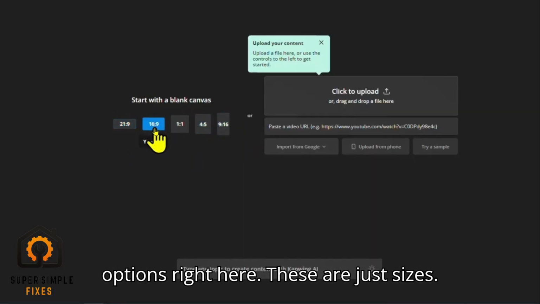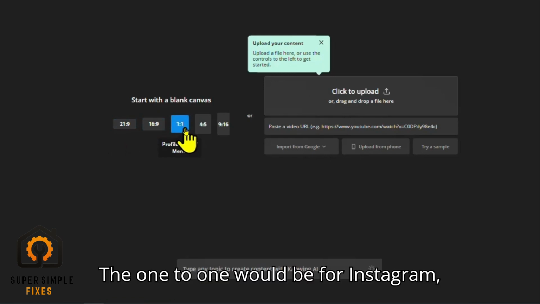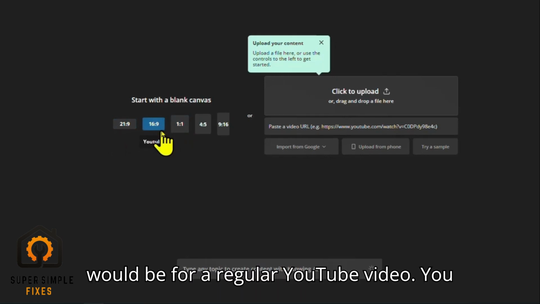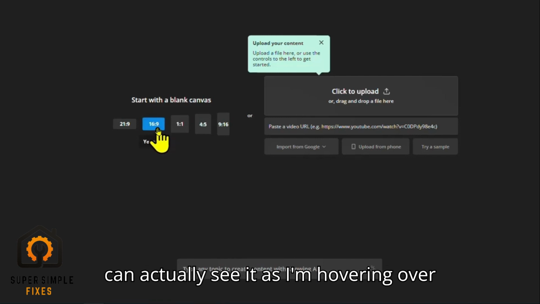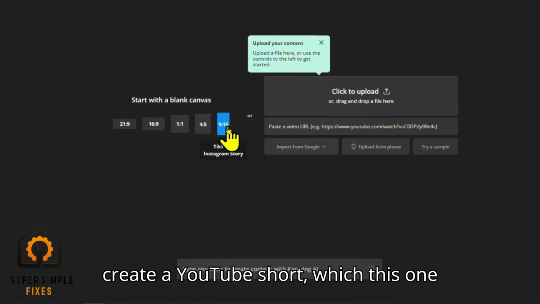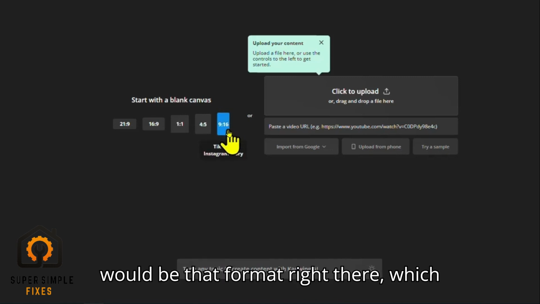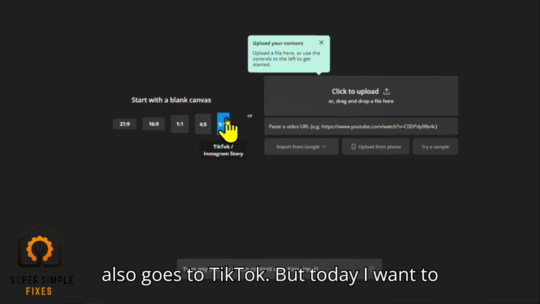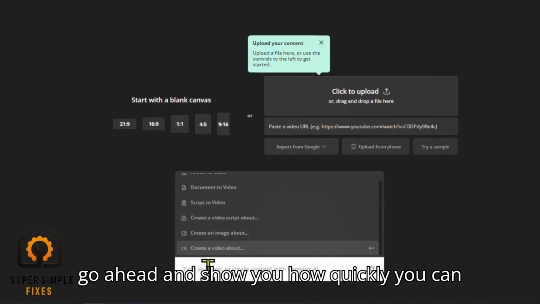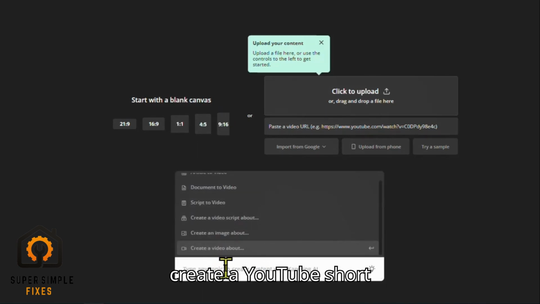These are just sizes. The 1-to-1 would be for Instagram. This would be for a regular YouTube video. You can actually see it as I'm hovering over it. But what I want to do is create a YouTube short, which this one would be, that format right there, which also goes to TikTok. But today I want to go ahead and show you how quickly you can create a YouTube short in seconds,